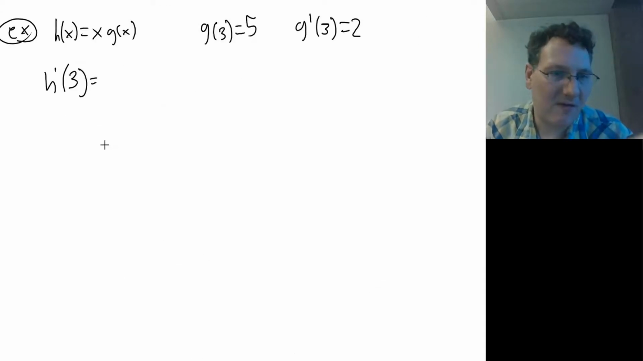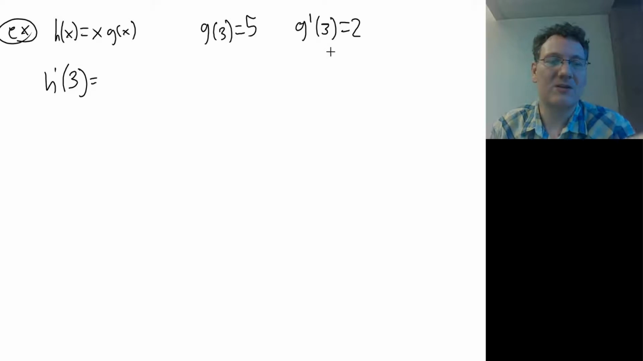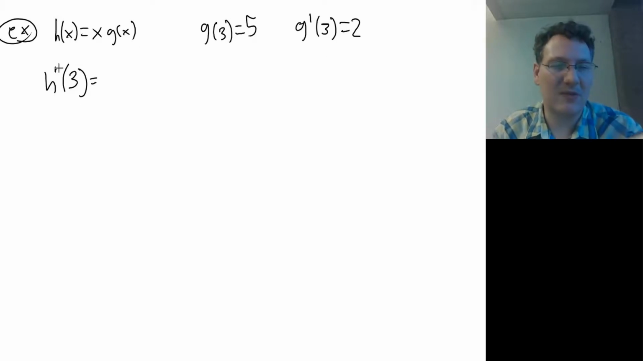So suppose I have h of x is x times g of x. I don't know what g of x is exactly, but I know g of 3 is 5, and I know that g prime of 3, the derivative at 3, is 2. So if I wanted to find the derivative of h at 3, this is going to be